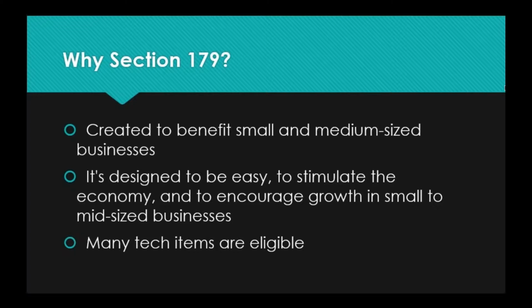As your IT company, we care about the well-being and success of your company. And since we have a little bit of insight on Section 179, and because a lot of tech items are eligible, we wanted to make sure that this is information that we pass along to you. So that's why I'm going to give the disclaimer probably about 5 more times. I'm not a tax professional, but we do have a little bit of knowledge here, and as someone who is invested in your business, we want to make sure that you understand, and that you can take full advantage of